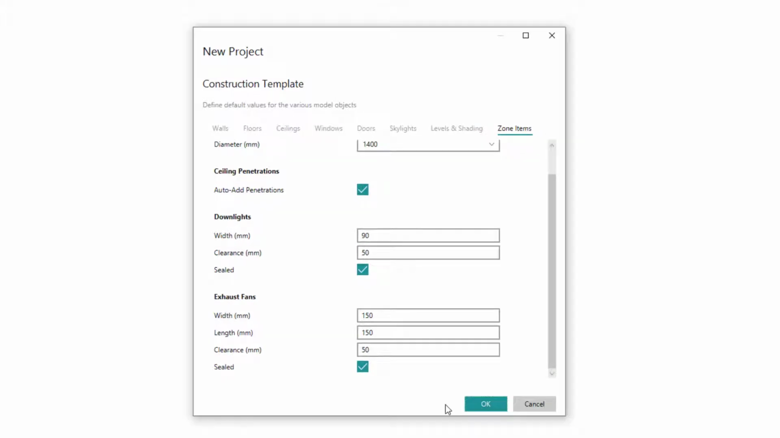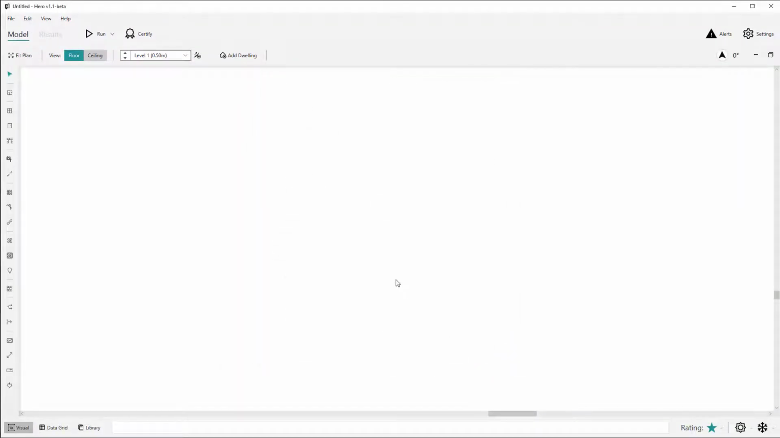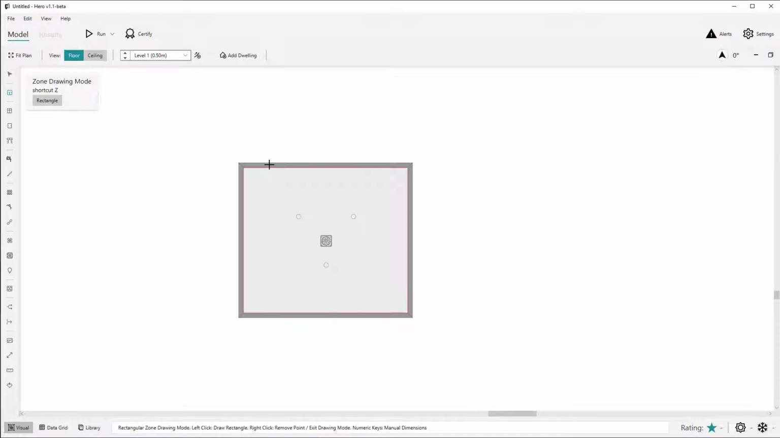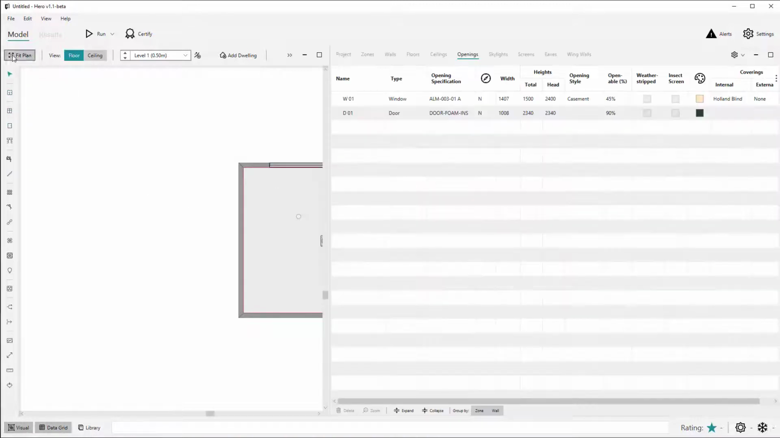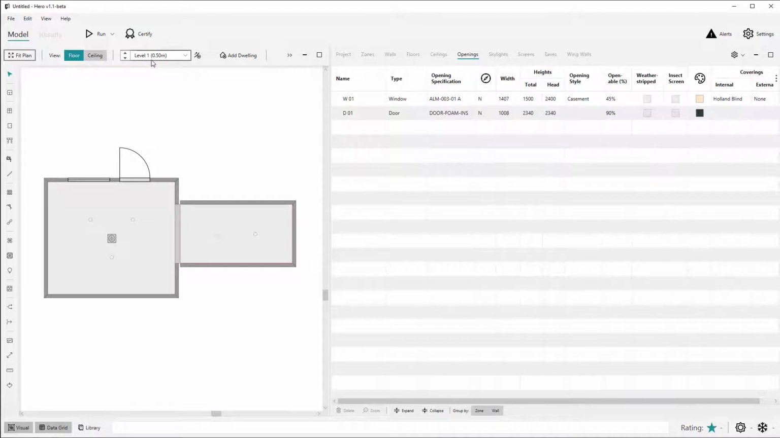So once you've entered in this data, you hit OK, and now you're ready to create your model geometry. As an example, let's just create a simple zone, put some windows and doors in, and then let's look at the data grid. You'll see the level height has been set at our originally specified value of 0.5 for